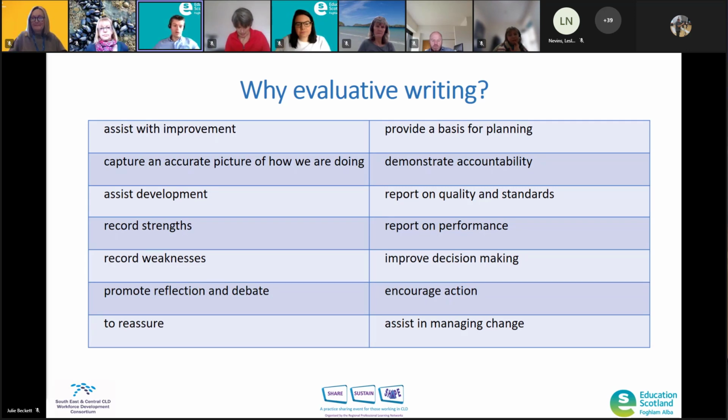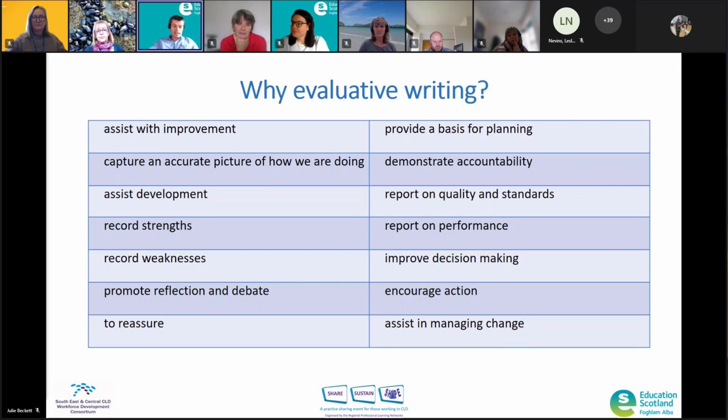Commonly, descriptive writing is often done when it comes to a session recording, project evaluation and reports. This means that the so what element of the work solely relies on the data and often comes with these outputs. With an ever-changing landscape for CLD, where elements have been moved to different parts of local authorities and parts of CLD sometimes shrink, it's important to highlight as often as possible the true impact of the work that CLD is doing. With that in mind, some of the key elements of why evaluative writing is so useful are detailed here.